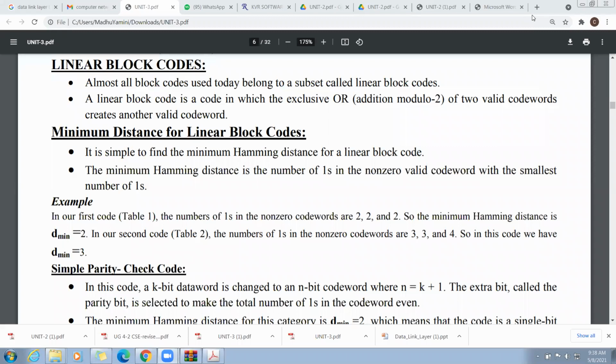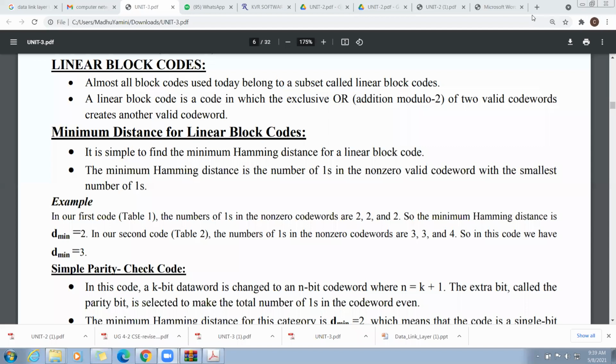Suppose the given code word is 101 and another code word is 100. You know about the XOR operation: two zeros give 0, two ones give 0, all other combinations give 1.